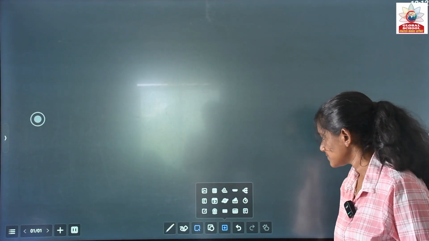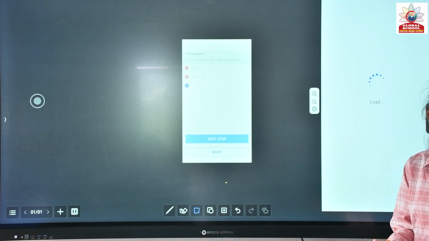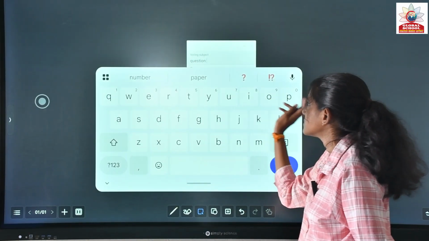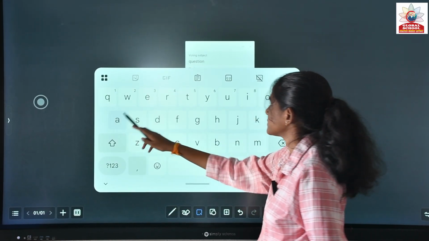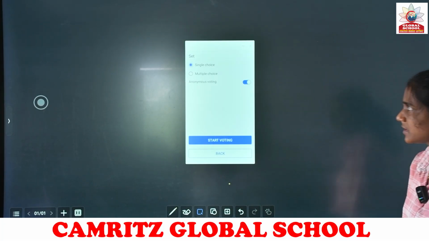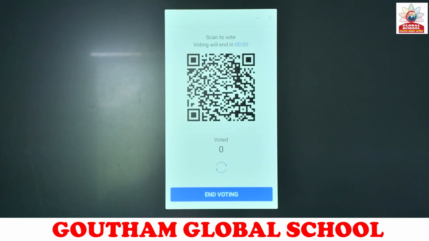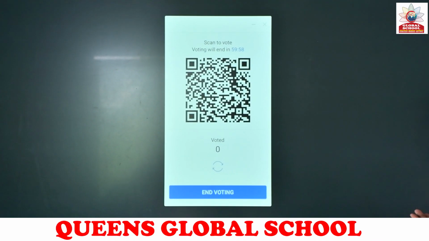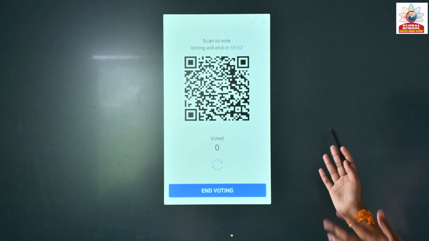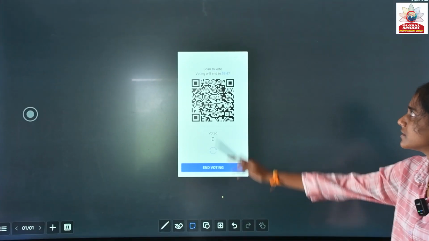And next, here there is a whole kit. So for example, in between class, you want to give a small test to the students. You can simply type any question here, then the options. Next step, you can choose either single or multiple choice questions and start voting. If the students have mobile phones in the classroom, they can scan this and vote using their mobile phones. So you can see here how many are agreeing with the question or not. So you can choose their answer from here.